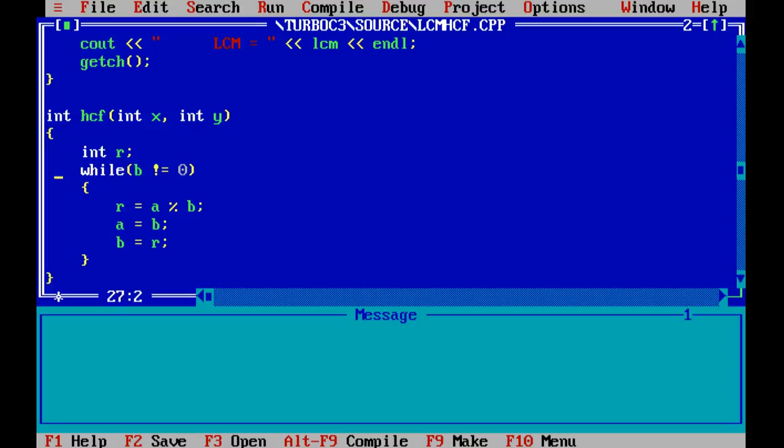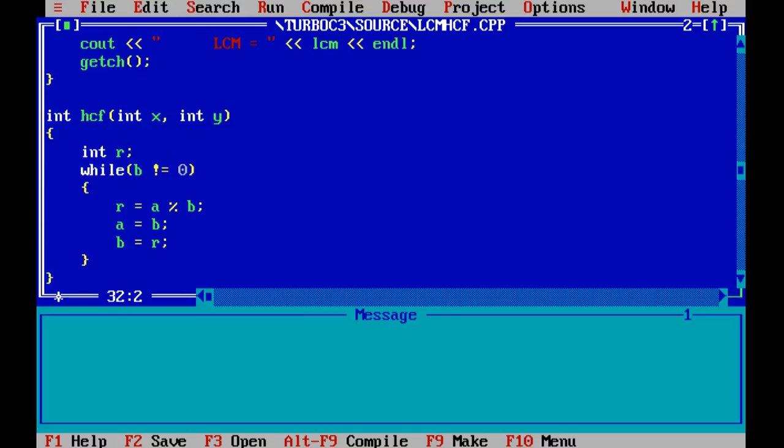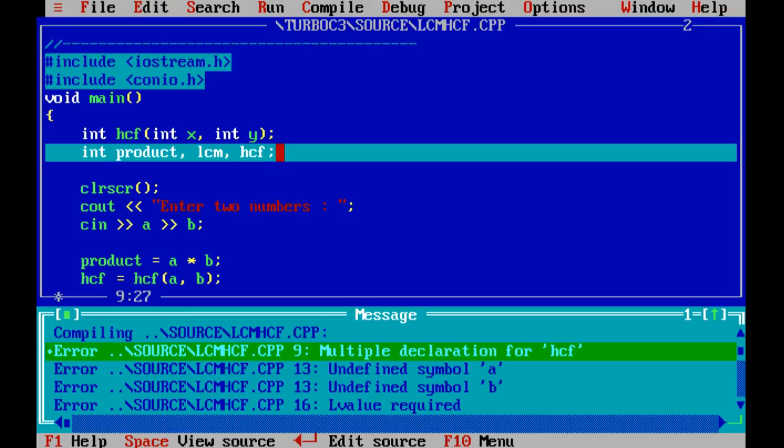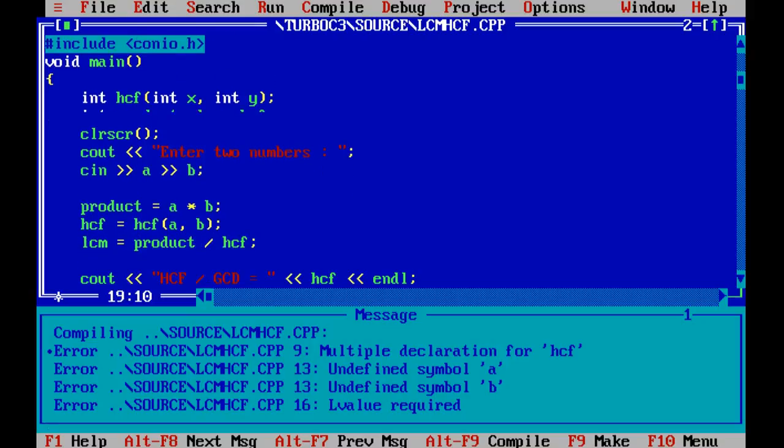Now let's run this and see what happens. Okay, HCF multiple declaration for HCF.